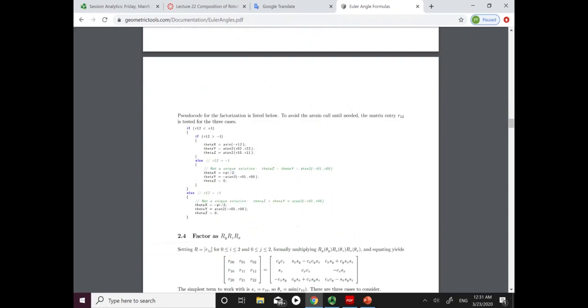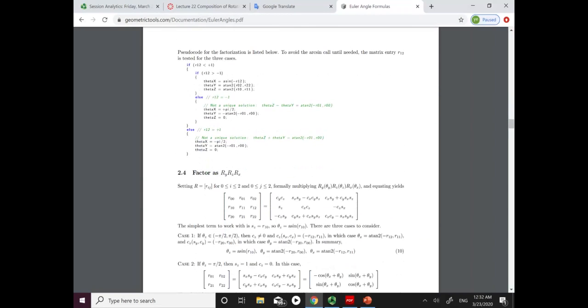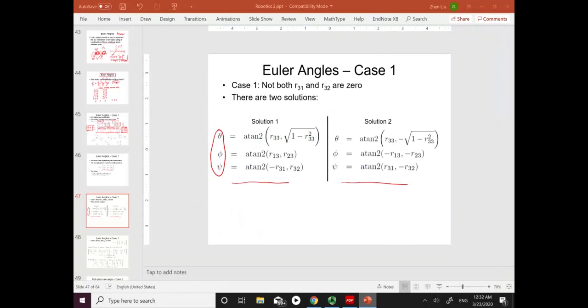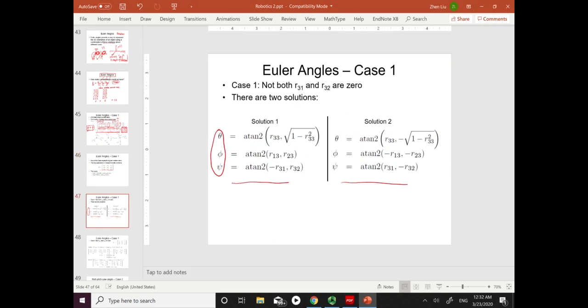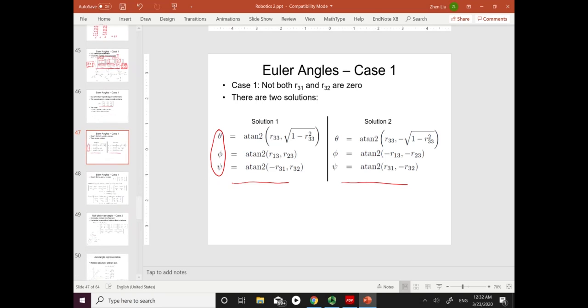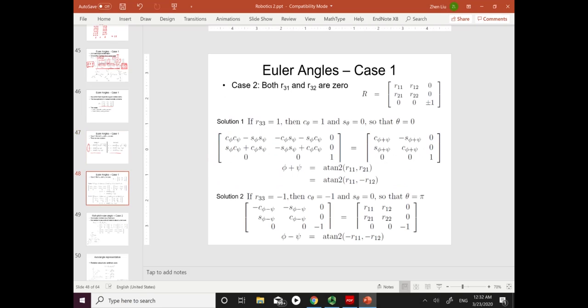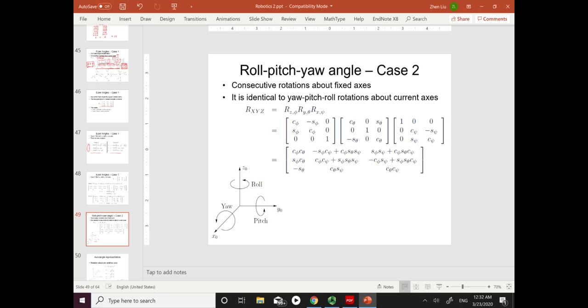Okay, so I will just upload this formula sheet. It means you don't really need to solve these 9 equations with 6 constraint equations. You just go back to the formula sheet, and then you are able to find the Euler angles for the different axes you choose to do the rotation, the sequence of rotation. Okay, so